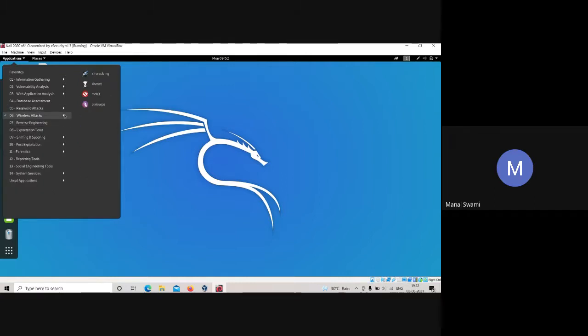Then wireless attacks, hacking Wi-Fi systems. All right, we have so many tools. For reverse engineering, for exploitation, we have so many things over here. So Kali Linux is an operating system of hackers. Why? Because in this operating system, you get so many pre-installed tools for hacking. All right. We even have tools for forensics. And when I'm saying forensics, I mean digital forensics. Doing forensics investigations on devices like phone, laptop, PC, server, these kind of things.